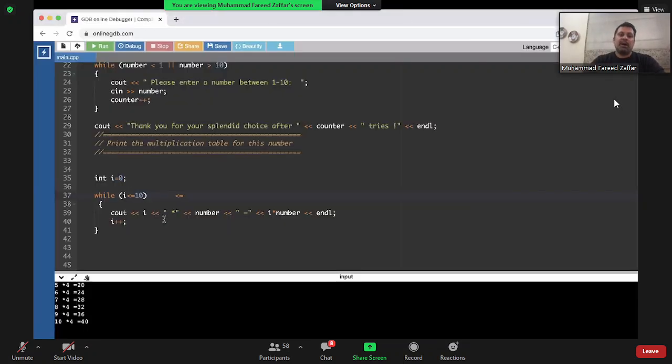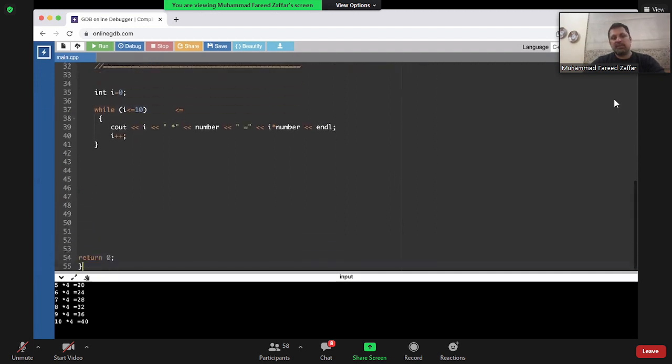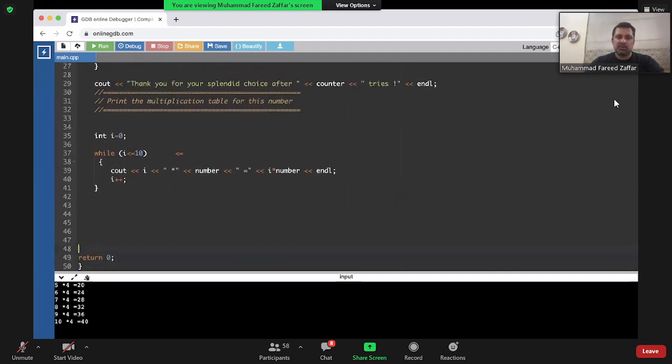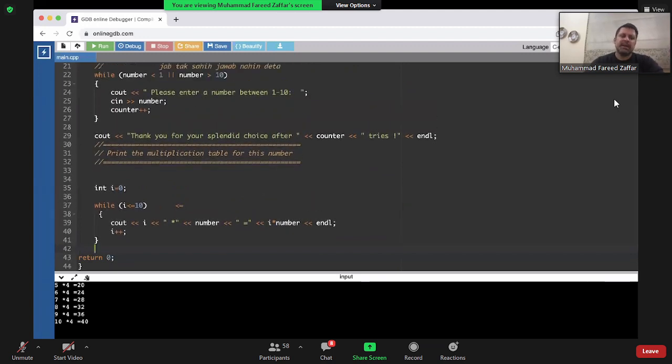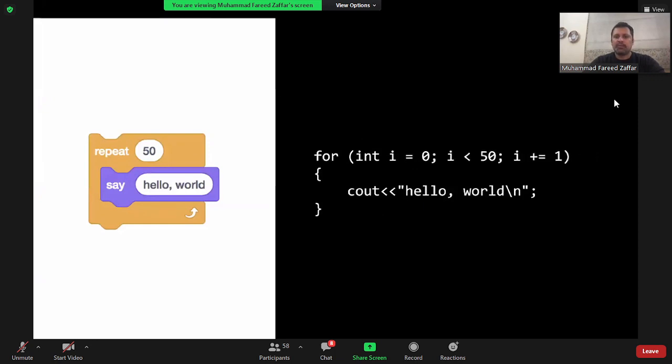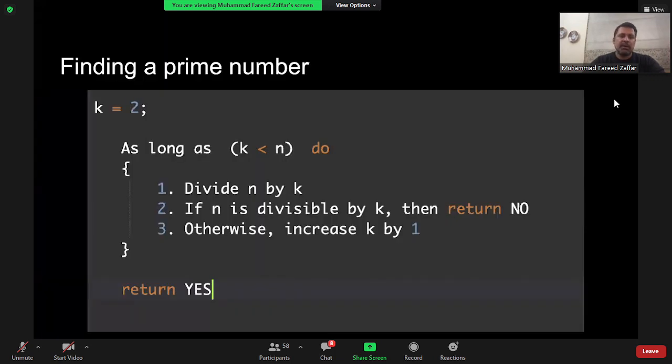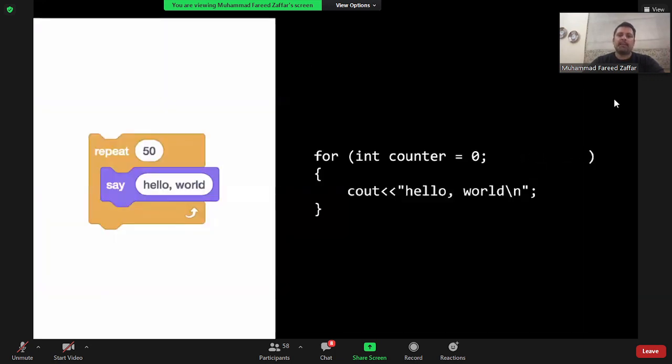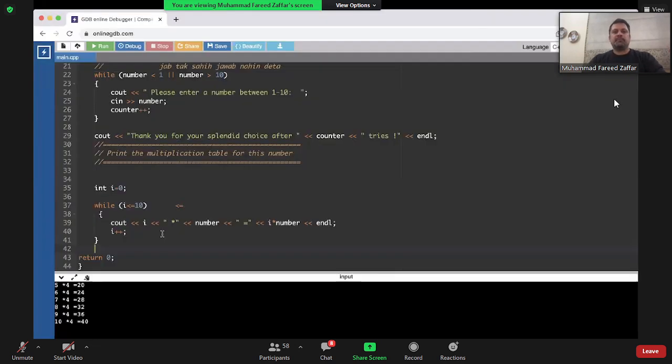ठीक है. Now we have done some basic loops and we have done some basic calculation using loops. What you need now is a whole lot of practice. मैं अभी for loops को भी skip करूंगा, मैं for loop की बात नहीं करूंगा. How do you find a prime number? So let's talk about slightly more complicated stuff. We want to write an algorithm to tell if a number is prime or not.